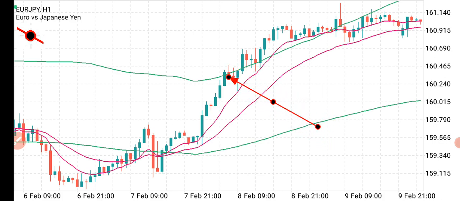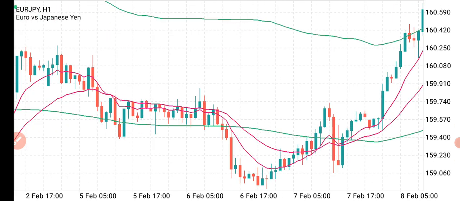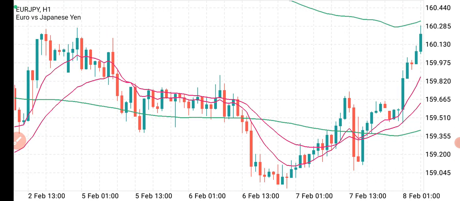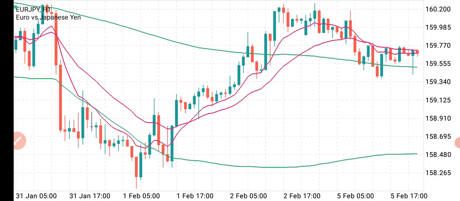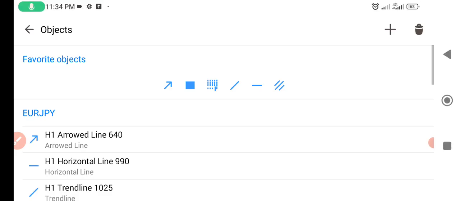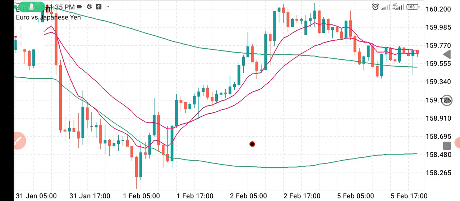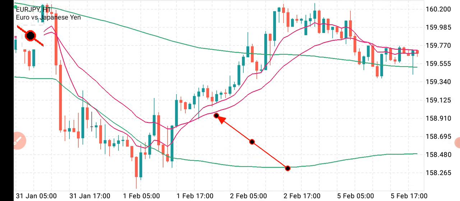Remember, we say continuation trade. Here is another one. Entry at the close of the candle, stop loss 15 to 20 pips below the candle, and you will see this thing playing out beautifully well in the market. You can see this, look at this pin bar, it went up, you can see how far